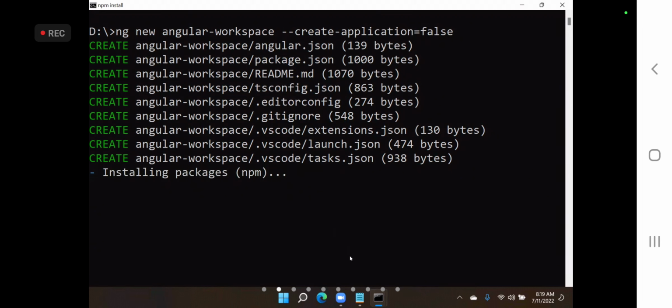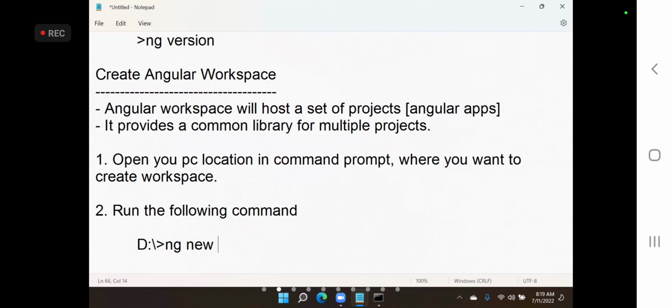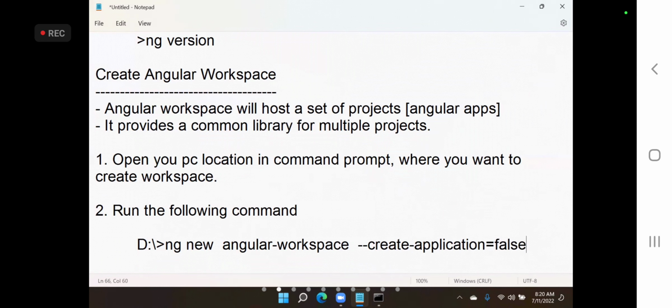So I will give you the command here. After this, run the following command: ng new, here Angular workspace, and create application equal to false.